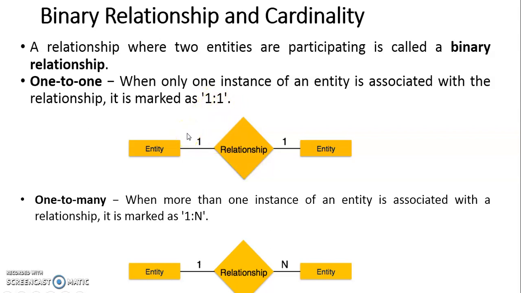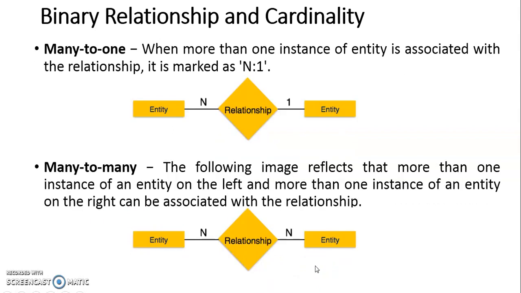Okay. Next, if you have one-to-many, so many is represented by the character n, or you can use the m character. Okay, so the character doesn't matter, but if it is a one-to-many relationship, then it is represented by 1 to n. So from the set where there is entity 1, only one is selected. So above that entity you will write 1, and from the other set we are selecting many of the entities. So before that entity you will write the n character. So this is how you can represent one-to-many relationship using cardinality.